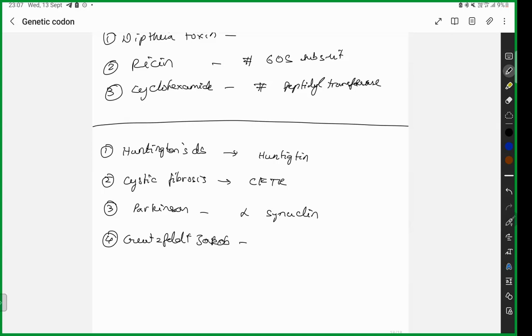You would have read it somewhere in your biochemistry protein synthesis. But anyway, if you haven't read it, once again, we are going to deal with it in this biochemistry journey. First, we will complete the molecular biology. Then we are going to move forward and talk about all the biochemistry topics like metabolism of protein, metabolism of lipids and carbohydrates. In this order, we will be going.